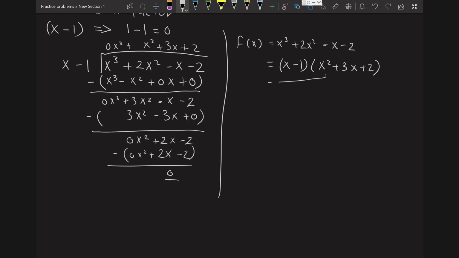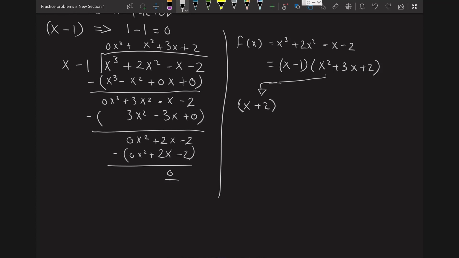And now we just need to factor this term here. In order to do that, we can use the grade 10 methods. Because this has a value of a equals 1, which means there's only one x squared term, not like 2x squared or 3x squared, we just need two numbers that multiply to 2 and add up to 3. That's pretty easy because 2 and 1. So you're going to get x plus 2